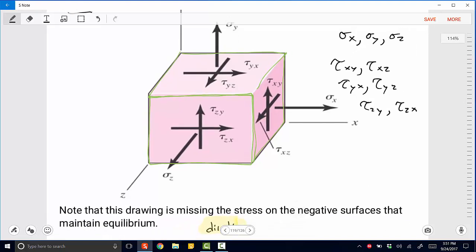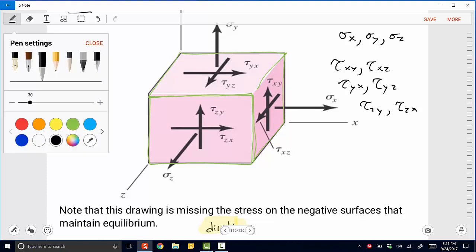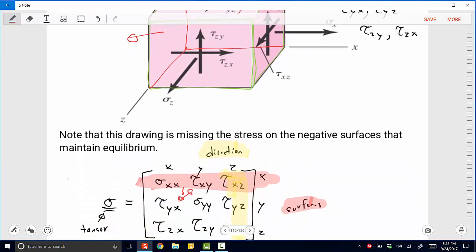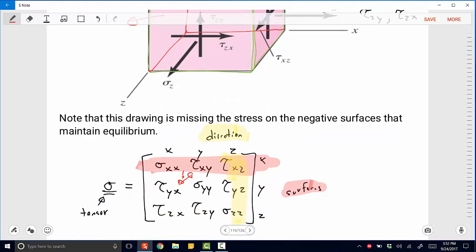Now it's important to note that in the drawing that we have here, what's missing are the negative surfaces, the back surfaces, the ones we can't see. So the surface that's on the bottom of this element, this one here, we're not drawing those stresses. This back surface here, and then the back surface there. But in order to maintain equilibrium, it is required that we have stresses, both normal and shear, acting on those negative surfaces. And when we consider that, we can then build a stress tensor which describes the state of stress within this body,